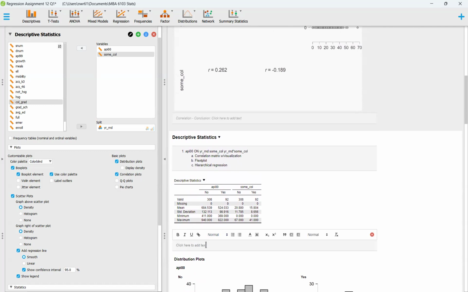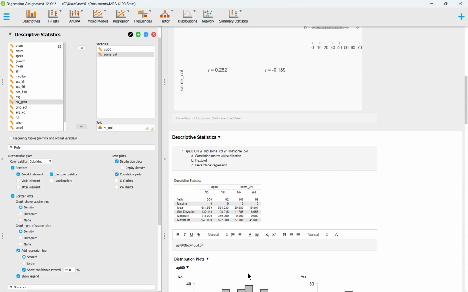Under API 00, the amount of people that said no was 684.54 minus, probably should label this too, API 00, this in parentheses. That is no. 684.54 minus